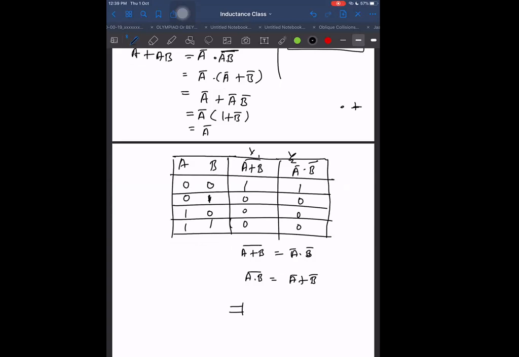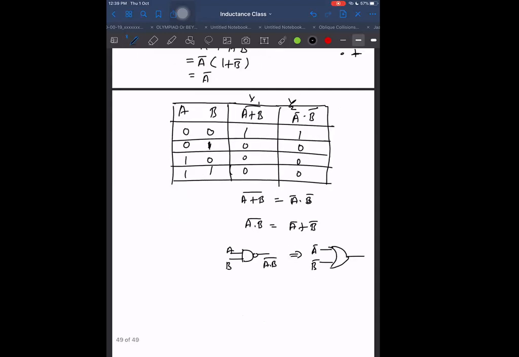In terms of gates, it will become like this. These operations are representing gates. Which gate is this? Multiply means AND, and when bar is kept on the multiplication, it becomes NAND. It is A, it is B, and it is A into B, whole bar. This NAND gate is equivalent to the sum of two with OR. Which two are we summing up? A bar and B bar. But I have no inputs A bar and B bar. I have inputs always A and B.